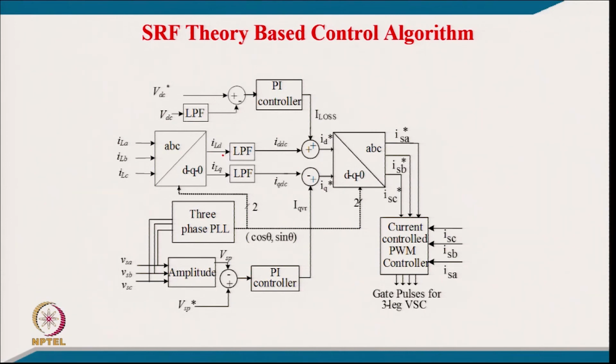So, you use the low pass filter, then you get the fundamental active component of current and the fundamental reactive component of current of the load, and this has to come from the supply, the loss also has to come from the supply. This gives you the total active component of current drawn from the supply. And similarly, we are sensing the voltage and filtering the phase voltage, and from the PLL we are getting the cos theta and sin theta, which is used in this transformation from ABC to DQ. And the same we use for the inverse transformation, and we get the amplitude